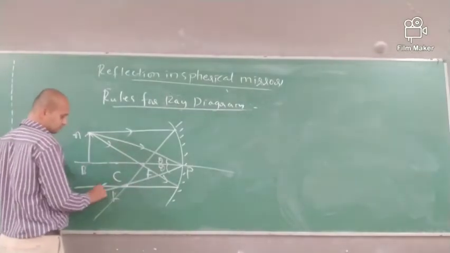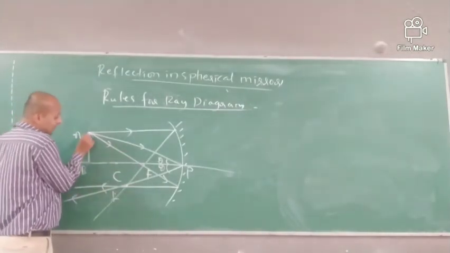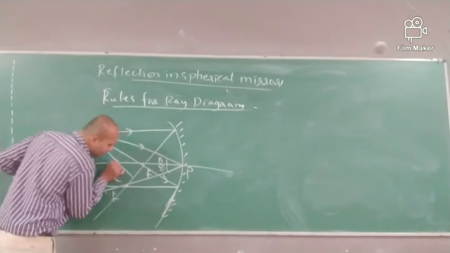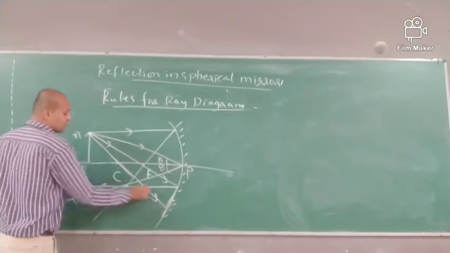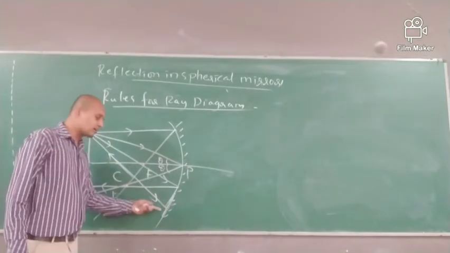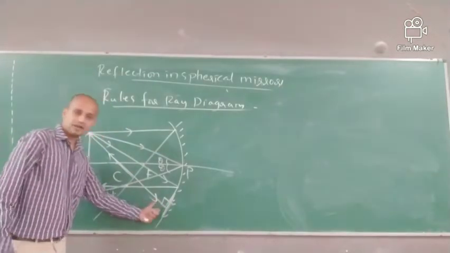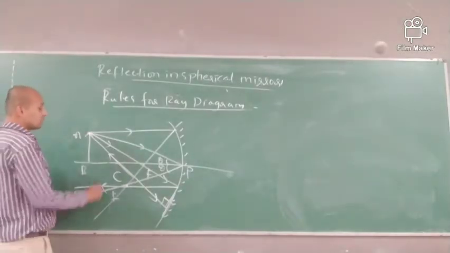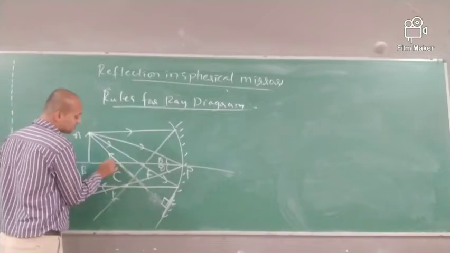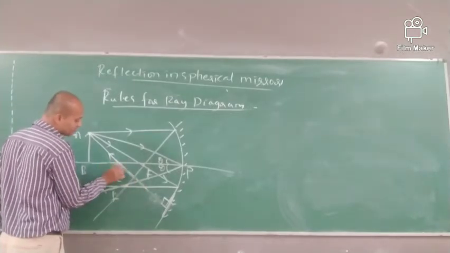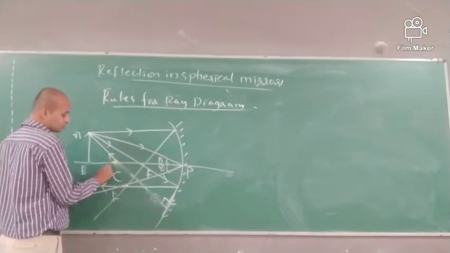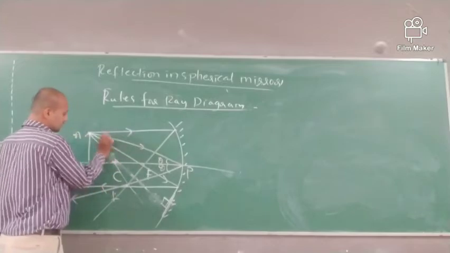Correct? Now see here. Next, another ray. If a ray passes through the center of curvature, it will reflect back in the same direction. Because any light passing through the center of curvature travels along the perpendicular line, so it will reflect back in the same direction. Anyhow, the diagram doesn't look proper. This line has to pass through this point actually. The center of curvature is there, no? This line has to pass through this. Let me take it here.